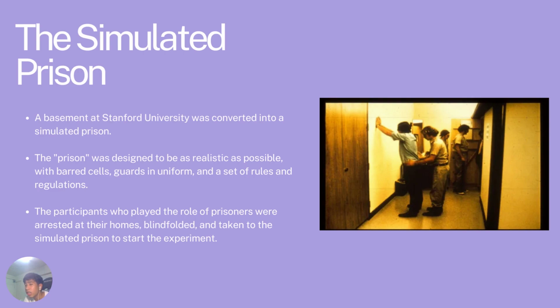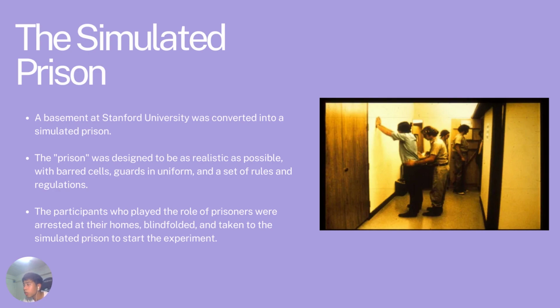The researchers then set up this experiment in the basement. They were very serious about treating the experiment like a simulation. Prisoners were arrested in public and taken into the prison. They were even booked, fingerprinted, and strip searched, like in these pictures. Zimbardo's team also gave prisoners numbers that they were meant to use instead of their real names. They claimed that it would help give prisoners a sense of anonymity and help the experiment.